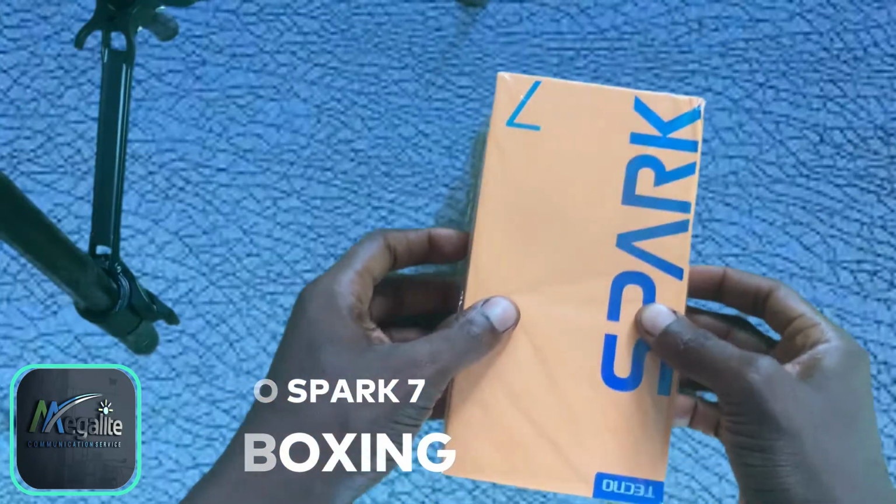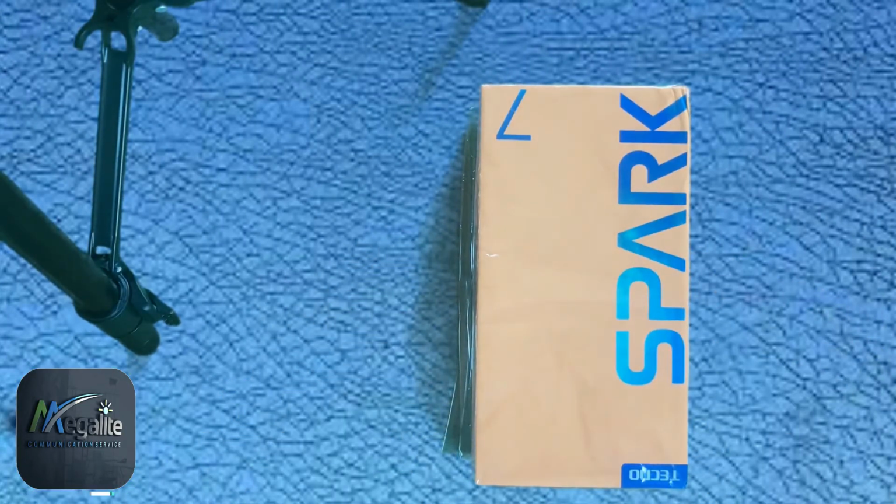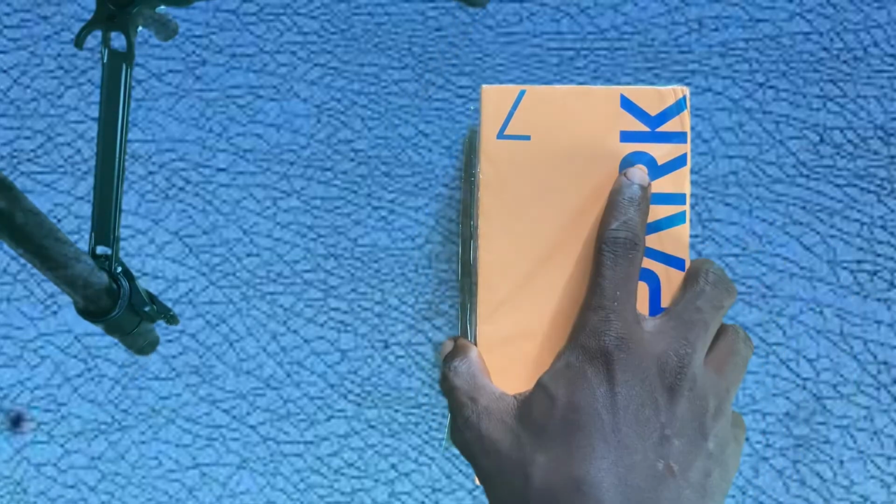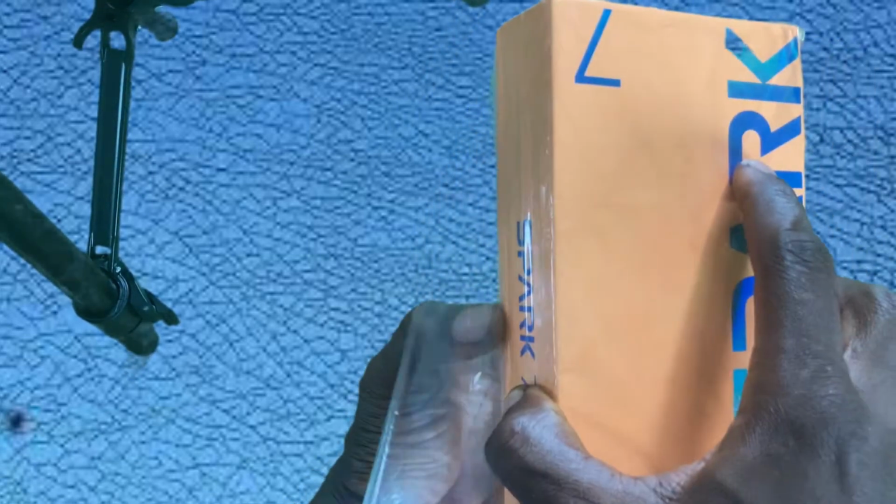The phone comes with this small packaging box of fine orange and blue color. The packaging box is small, unlike most other Tecno phones when their packaging box is bigger with blue and white color. I know say you won't see what is inside, but wait, before I open the box,